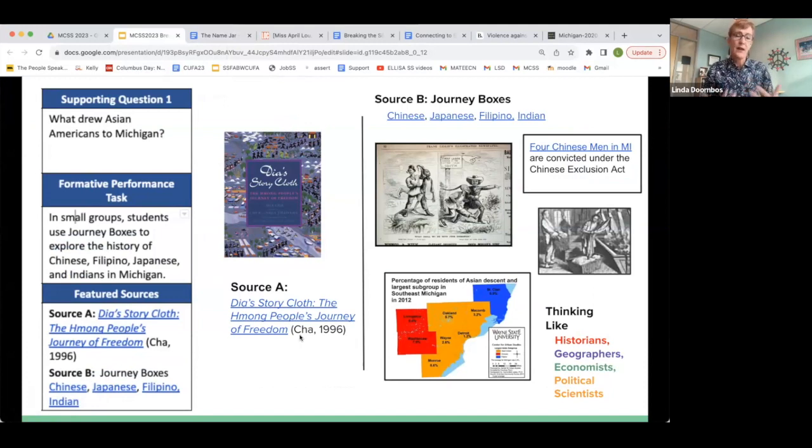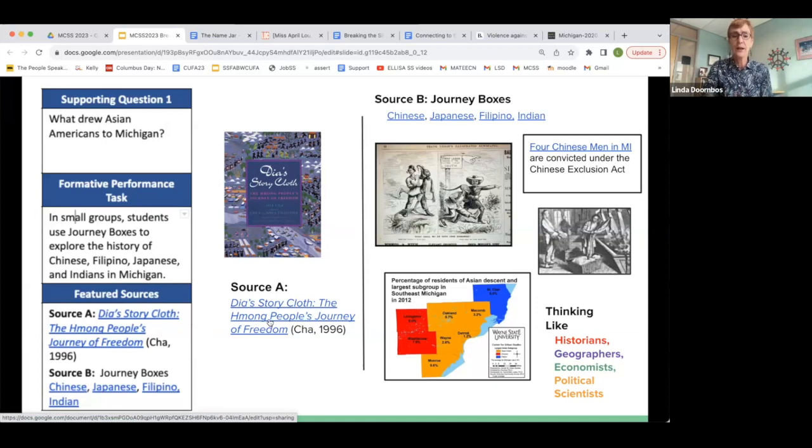And you could introduce that to students in many different ways. Just do one of them, do all of them, depending on what grade level. Maybe students could work on their own. It all depends. And that's the beauty of the C3 framework, is that you can customize it to fit your needs. And so to introduce students into the fact that we're going to be looking at history and what drew